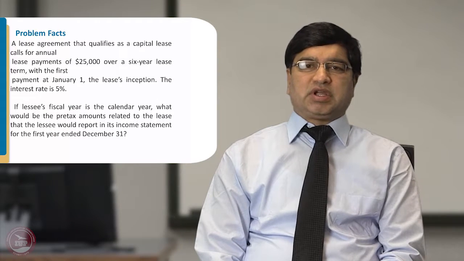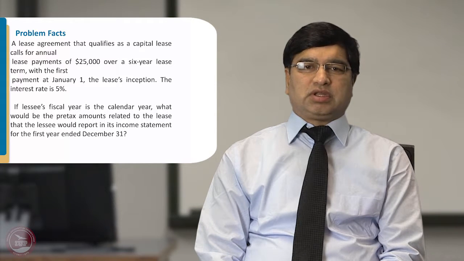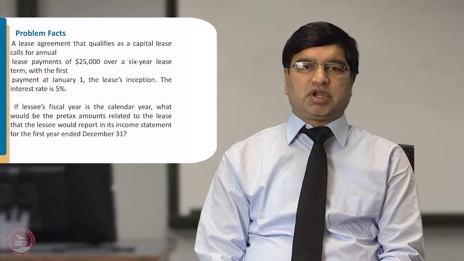If the lessee's fiscal year is the calendar year, what would be the pre-tax amount related to the lease that the lessee would report in its income statement for the first year ended December 31st? One option is to use a present value of an annuity table. The other option is to do it in Excel. You just